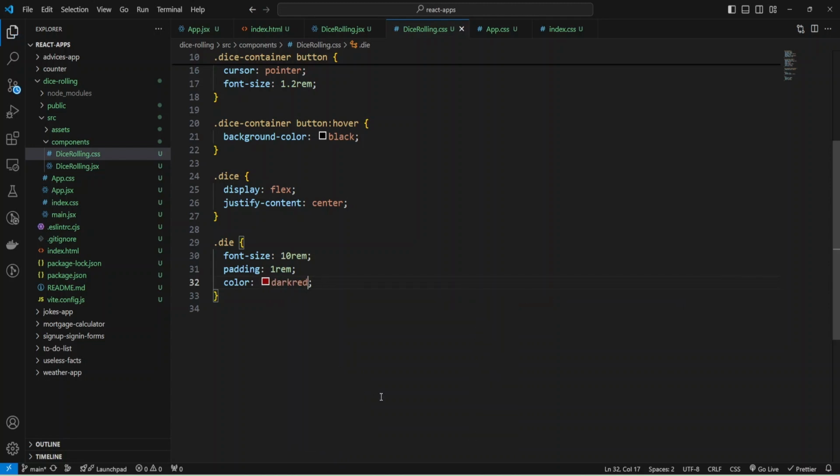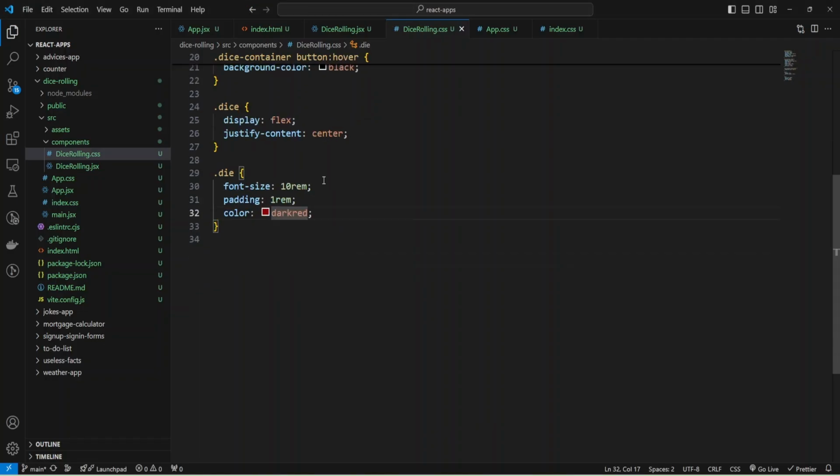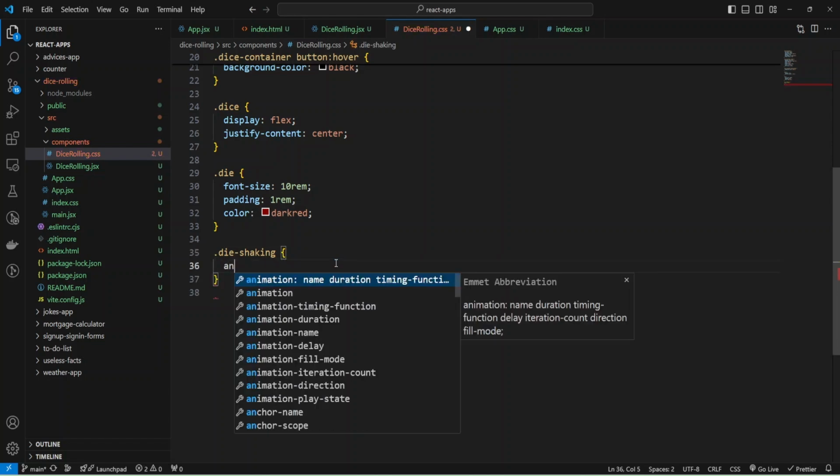Okay, and let's check again. As you can see, the styles were changed, and I can roll dice, and the numbers were changed, and now we can add animation to make our application look better. Okay, and let's do it. For that, I'm going to add a class, and it will be die shaking, and provide animation.